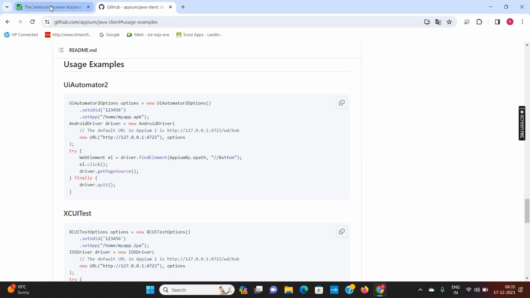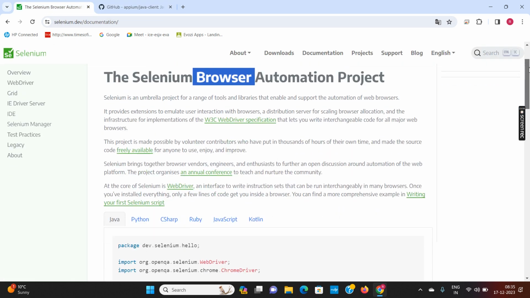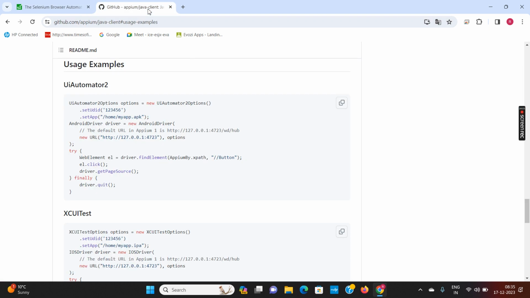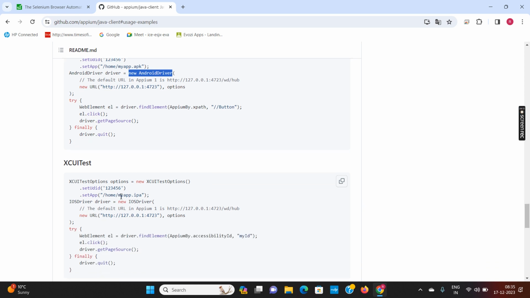so you see over here, in this example, it was opening the new Chrome driver. It was opening the Chrome. And here it is new Android driver. Or if it is an iOS, then it is new iOS driver. So it means it is a library only. And here it is using an APK.